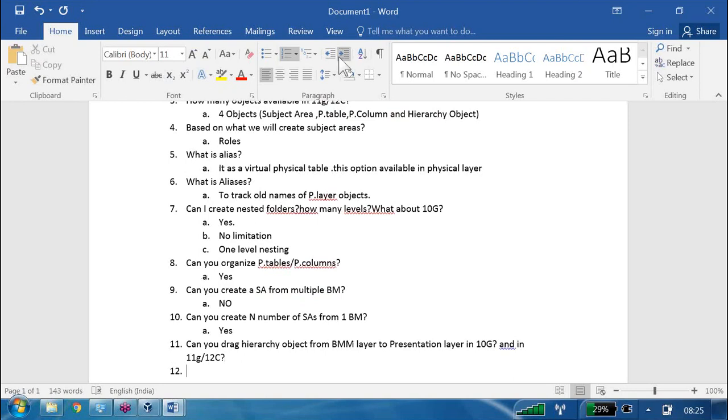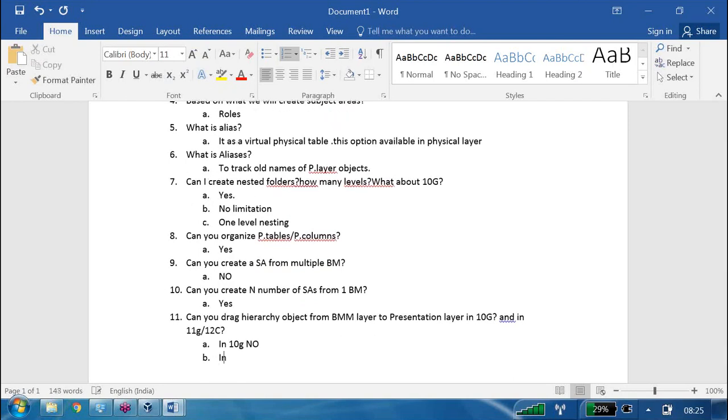What is the answer? In 10G, no. In 11G or 12C, yes. So this is what we learned yesterday.